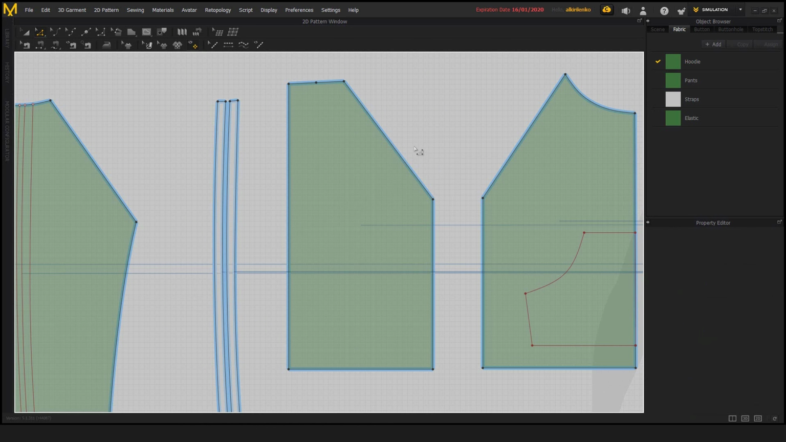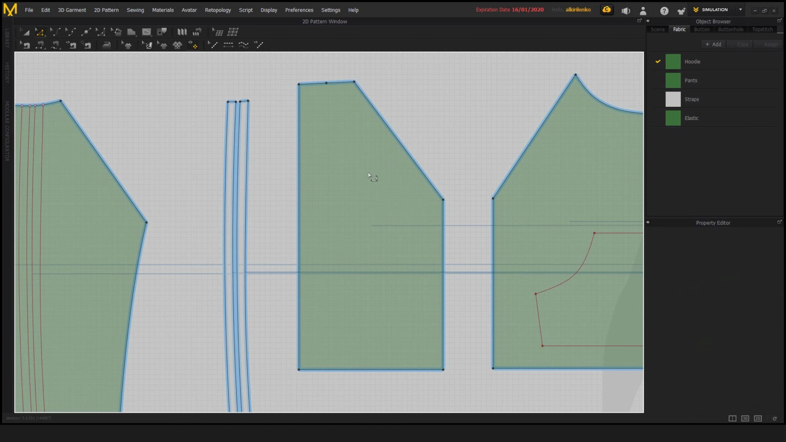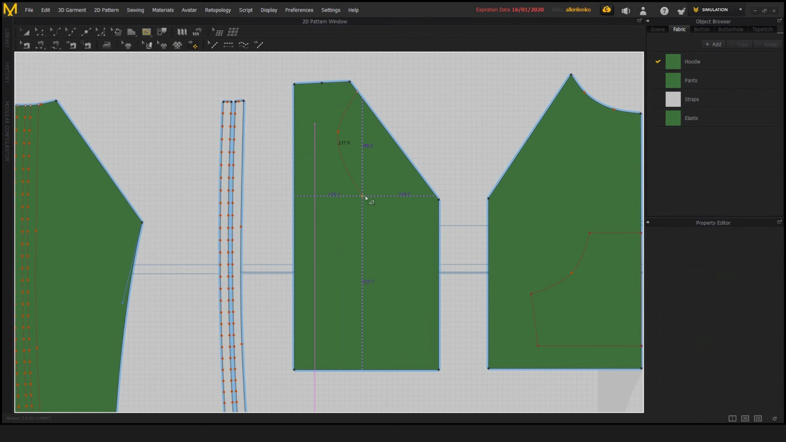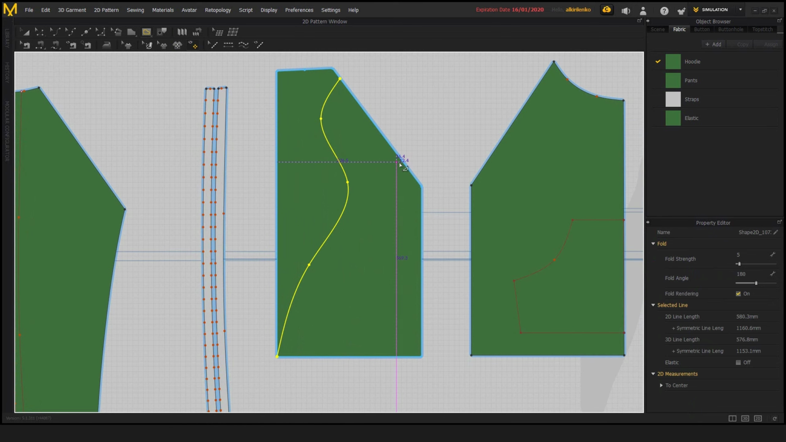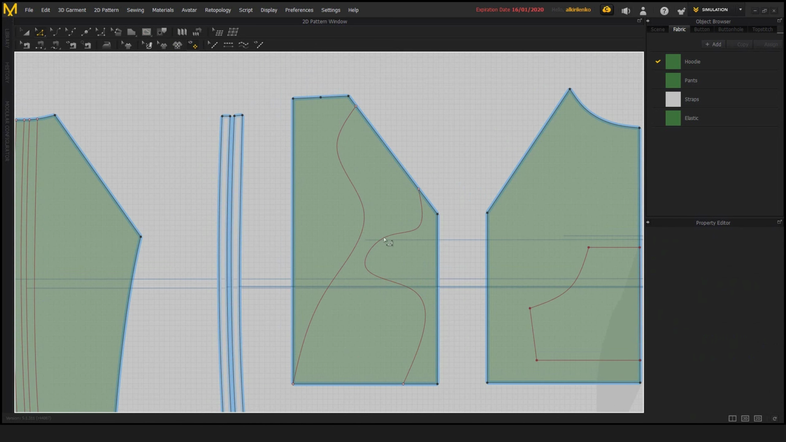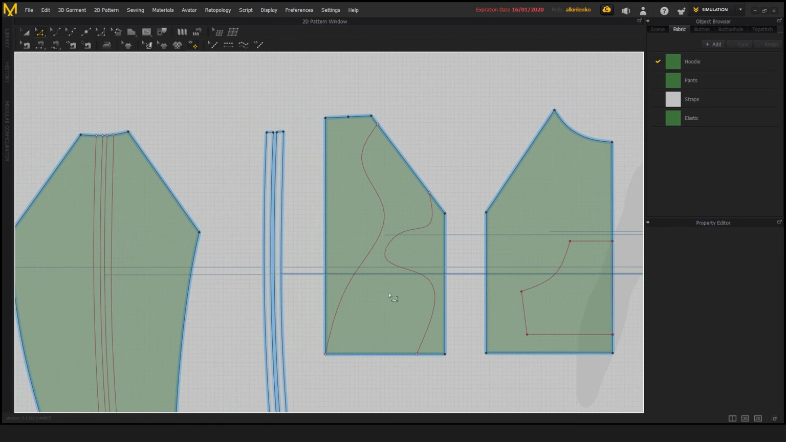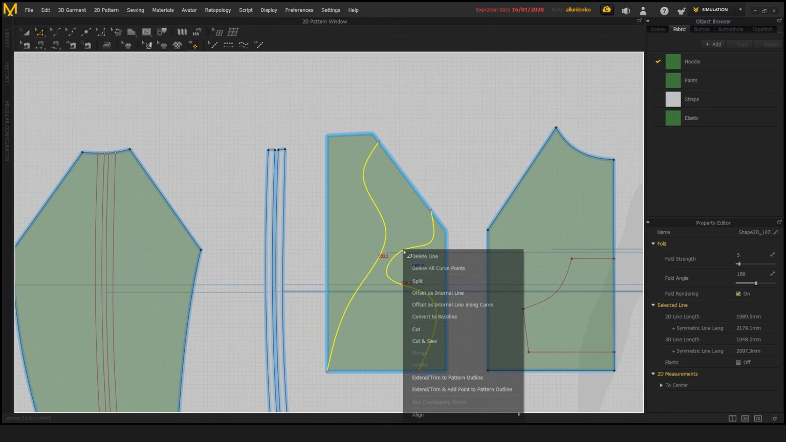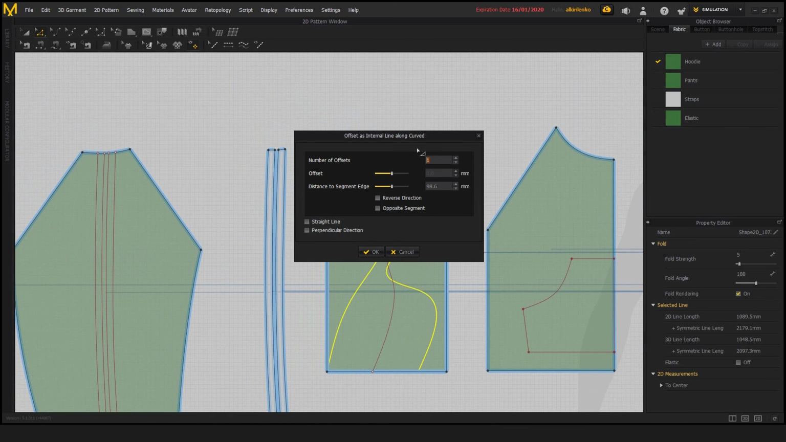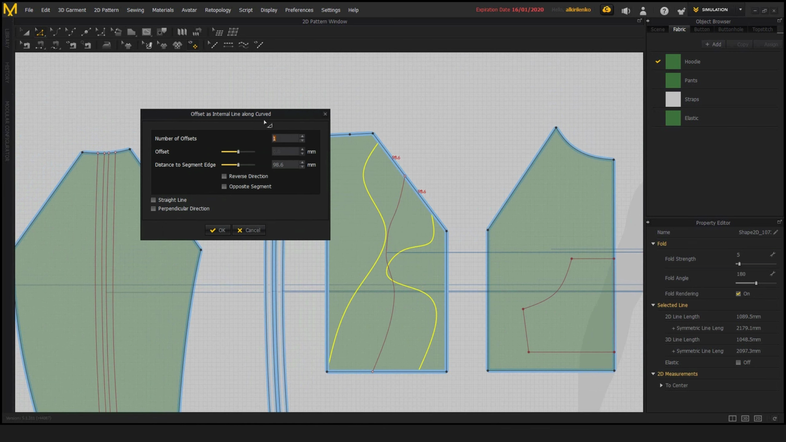To illustrate this a little bit further, I'm going to create another internal shape, and I want you to see what can be done using this tool in terms of design, in terms of creating some kind of interesting patterns. So if I click, I've set as a long curved. If I click perpendicular,